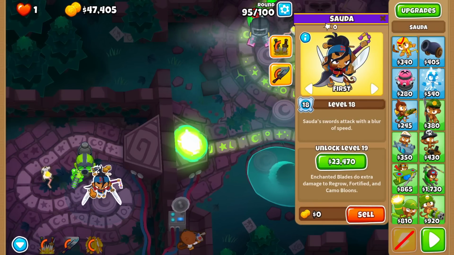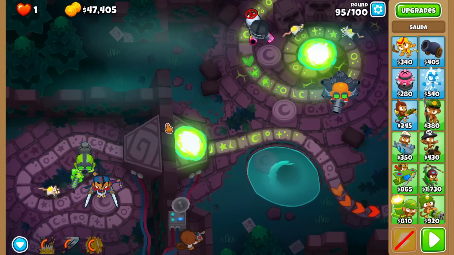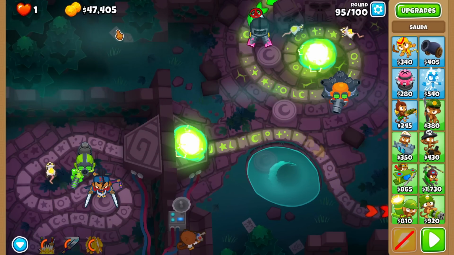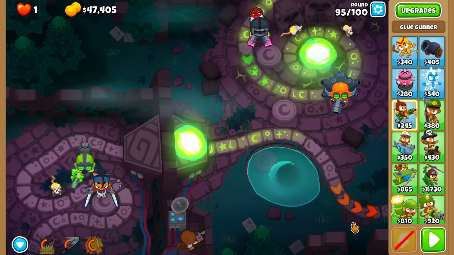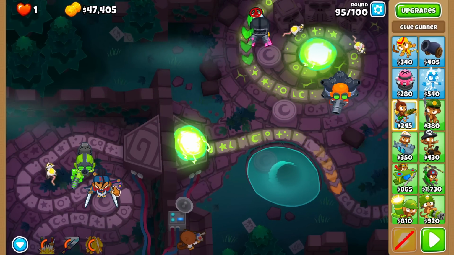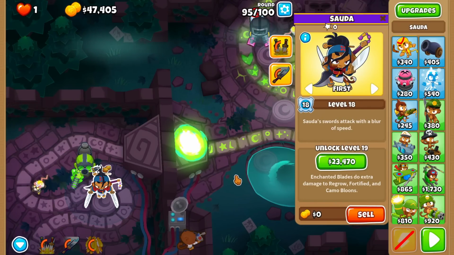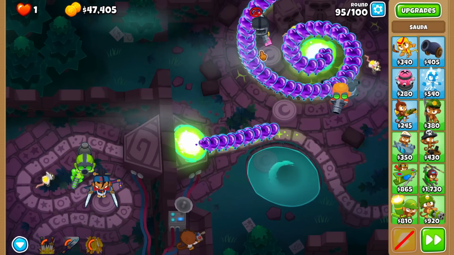Can we do it with Soda? It's a great question. So I'm just running a quick experiment test here to see if this is possible at all. Obviously, everybody has 0 pops here because I just jumped around to 95. And I want to see if this is at all possible. Now, don't forget that Soda does not have automatic camo lead popping power. So I could put her up here to get...